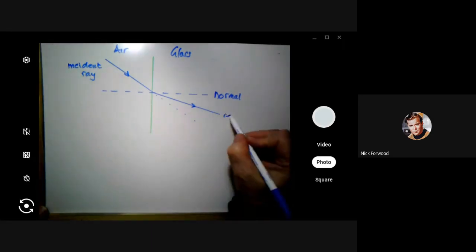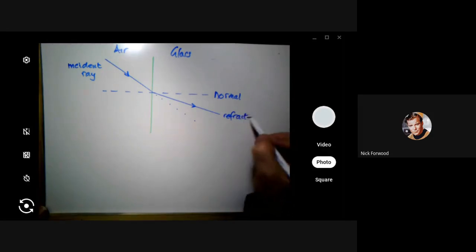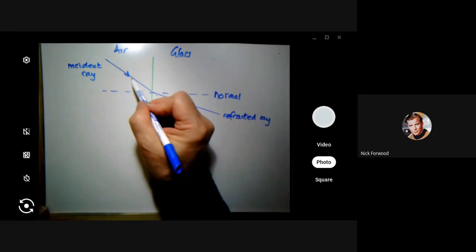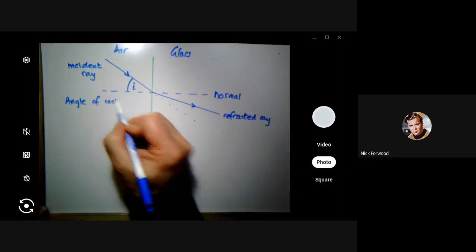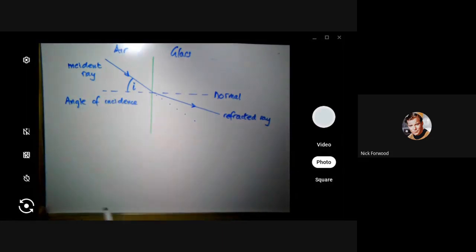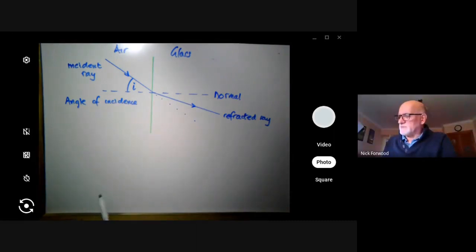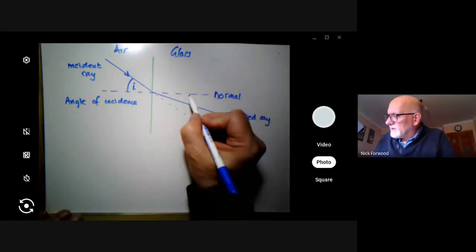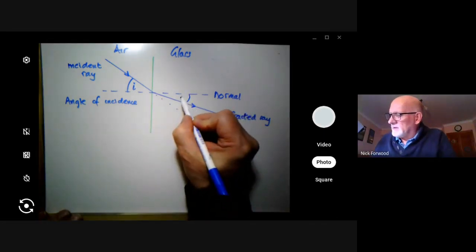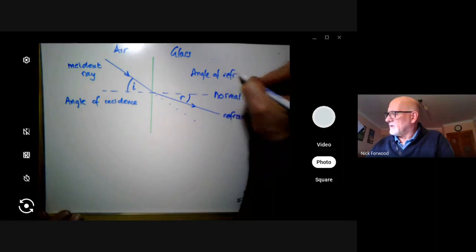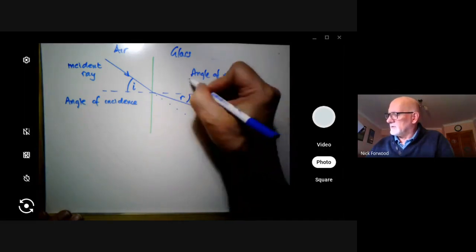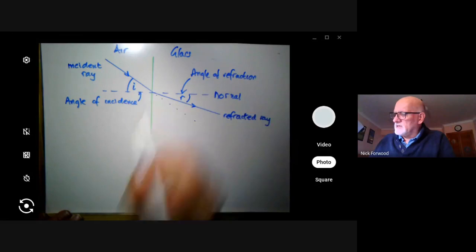And this is the refracted ray. This is the angle of incidence, and we give that the letter I. Sometimes there's a number of different abbreviations we can use. I'm just going to use I for now because it's simpler. And I've got this angle here, which is our angle of refraction in there. And you need to remember that you always